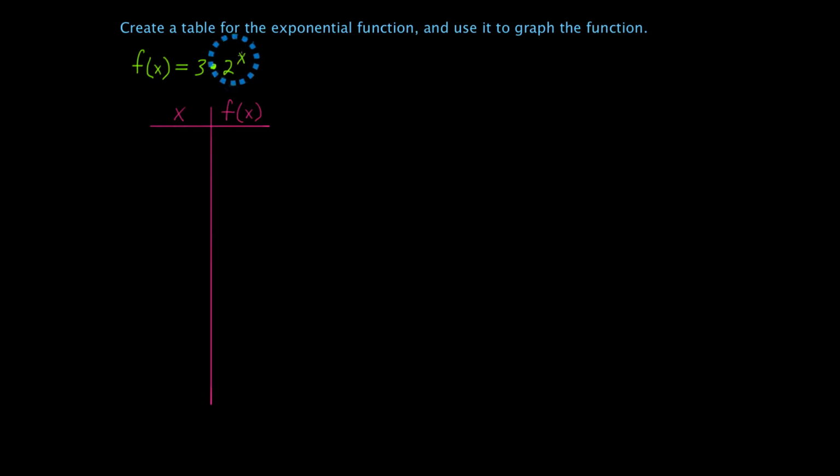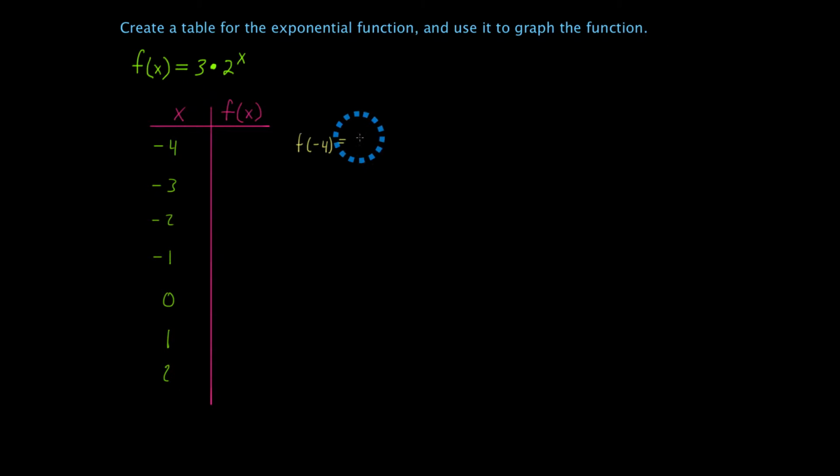Okay, so now I'm going to choose values for x. I'm going to substitute some values in. So what if x is negative 4? Negative 3, negative 2, negative 1, 0. I'm going to say 1 and 2, and I can build on further from there if I need to, but I think this will be a good place to start. Alright, so when x is negative 4, I'm going to do that work out here. I'm going to say f of negative 4